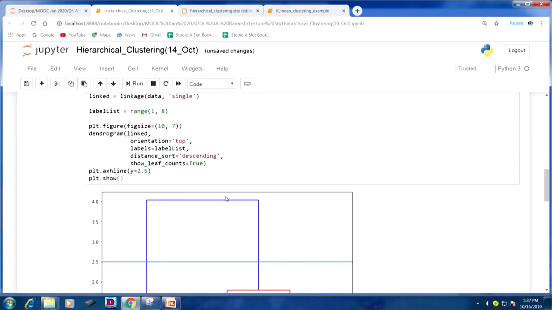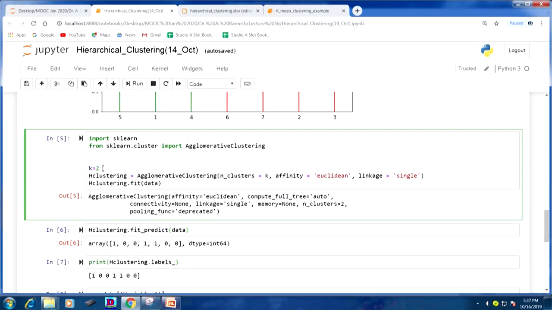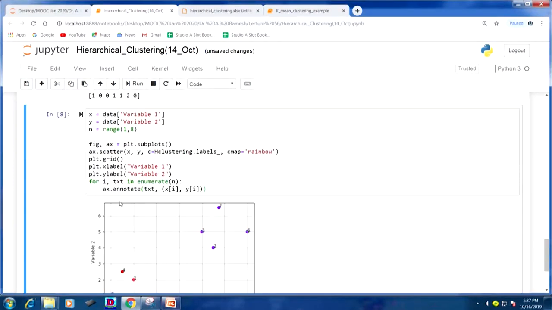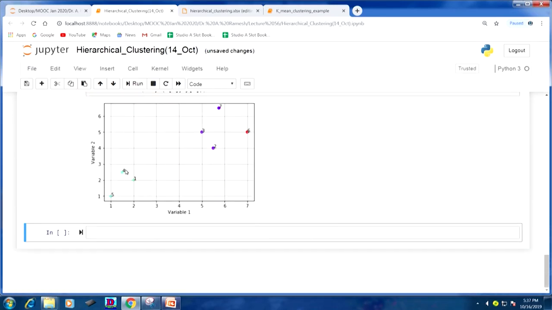Suppose if you go for k equal to 3, let us see what kind of answer we are getting. Suppose we go for k equal to 3, you run it again, you see that the labels are 0, 1, 2. Now if you run this, you see that there are 3 clusters: green, purple and red. Because red is only one cluster, there is only one element. So, the optimal number of clusters for this kind of data set is k equal to 2. That is the purpose: we can visualize how the clusters are formed and the quality of a cluster also.